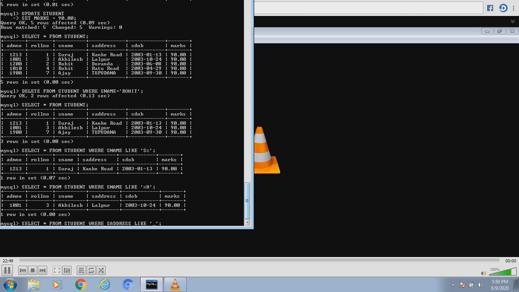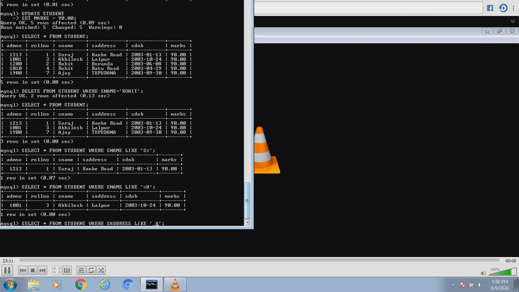And how many things would be there? One character before A. Because my question was that the name, or I should say the address, should have A as the second character. So underscore shows that anything should be before A, and that anything is countable. There should be only one thing before A.